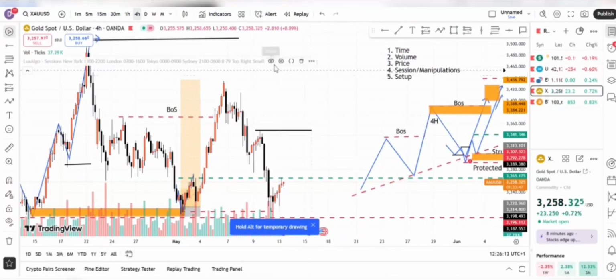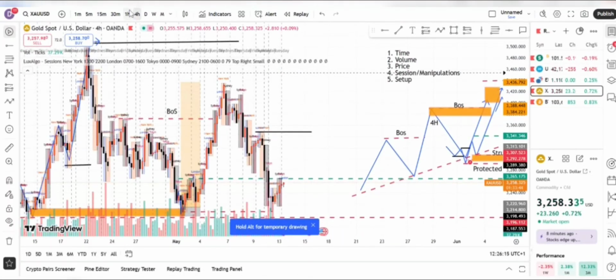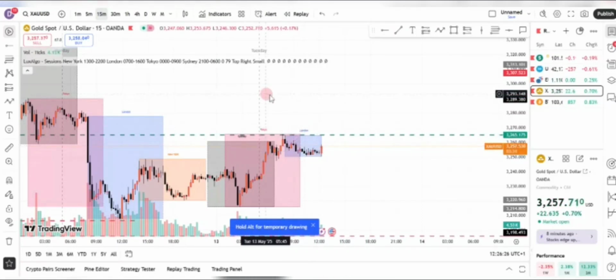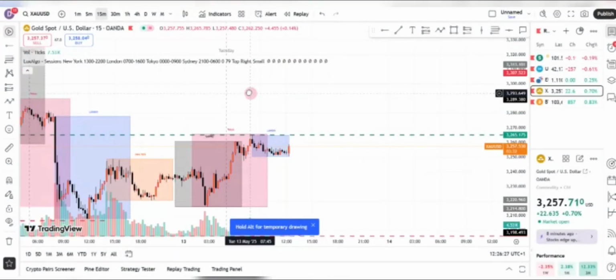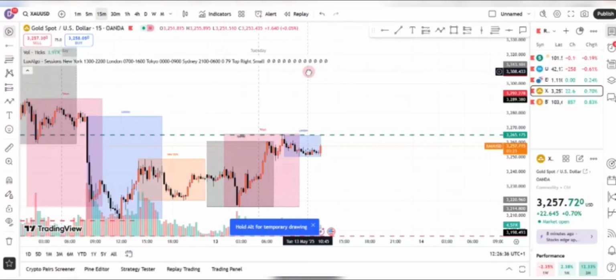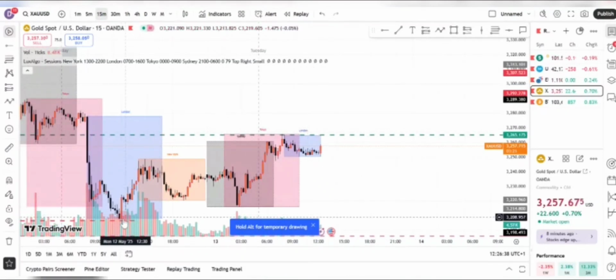Let me show you time and price. I'll go down to the 15 minutes time frame. Now, if we look at time, this is London session. The London market has been ranging on the 15 minutes time frame. Now, this point here is the Tokyo high or Asian high, right? This point here is the previous low for London. So my speculation is that if I come back to the 4 hours time frame,